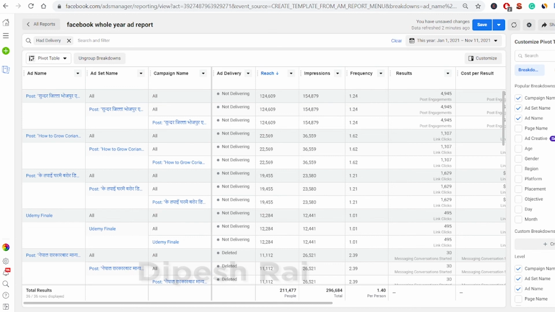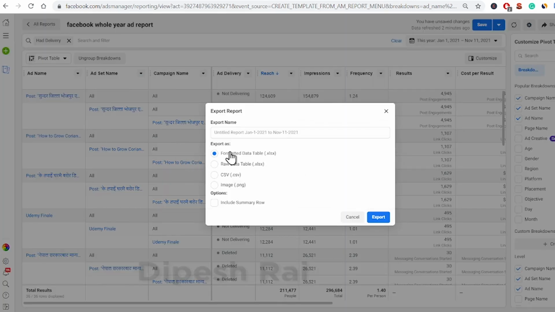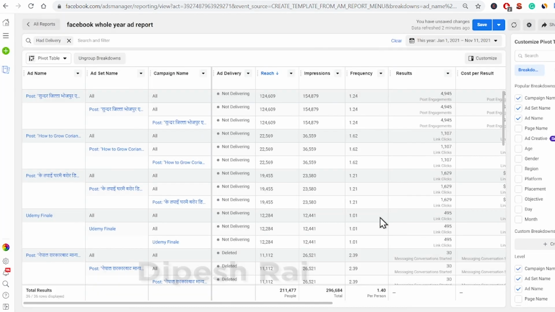Otherwise you can download from the export, and you can export your report in an Excel file, or you can download in a CSV file, or you can download in images. I'm downloading this one in the image. Okay, and I'm just clicking on export. Okay, so it will take a little bit of time, so just wait for a moment. Okay, so in this way you can also